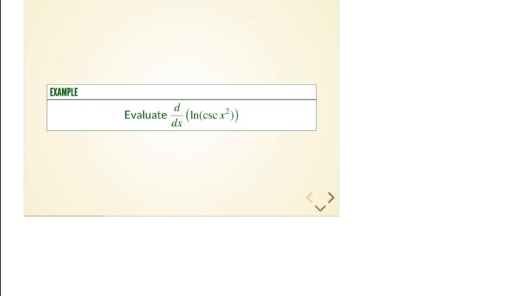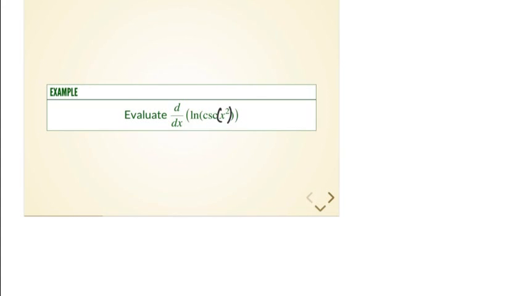Alright, now we want to take the derivative of something like this. Natural log cosecant of x squared. And because the 2 is not here, I'm going to assume that what we need is the derivative of the natural log of the cosecant of x squared. Alright, so I'm going to take the derivative as 1 over the inside function, because remember the derivative of natural log of x is 1 over x. So now the derivative of natural log of something is 1 over that something, cosecant x squared,